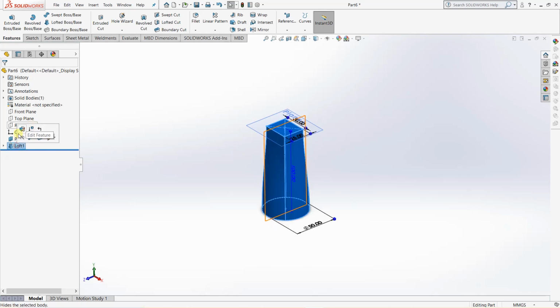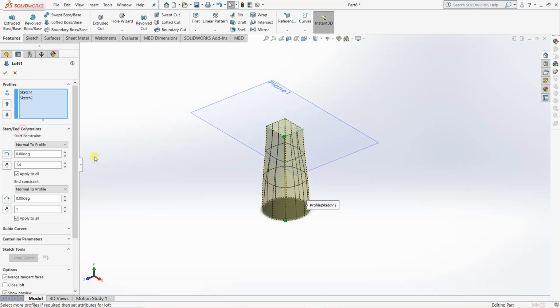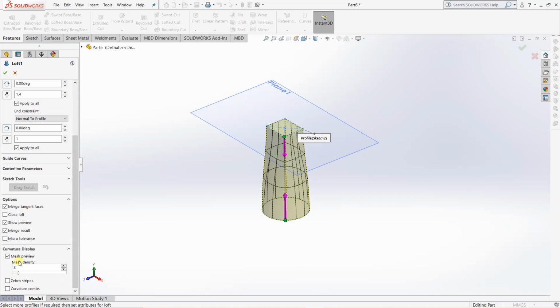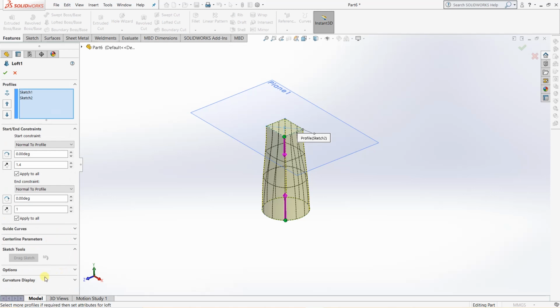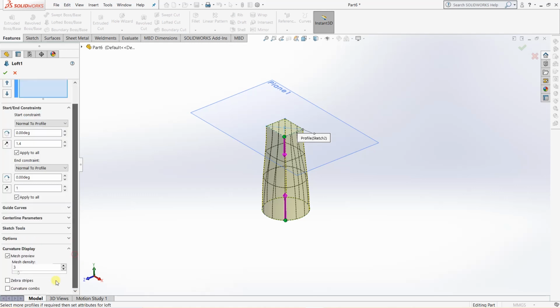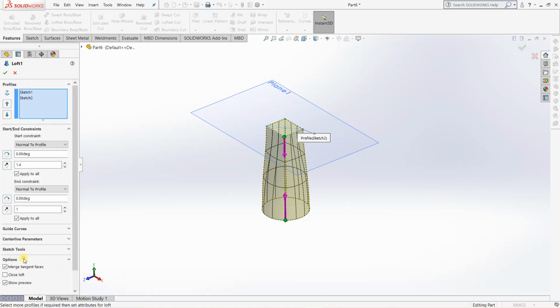Now suppose you want it to be hollow, you can click on the thin feature here.